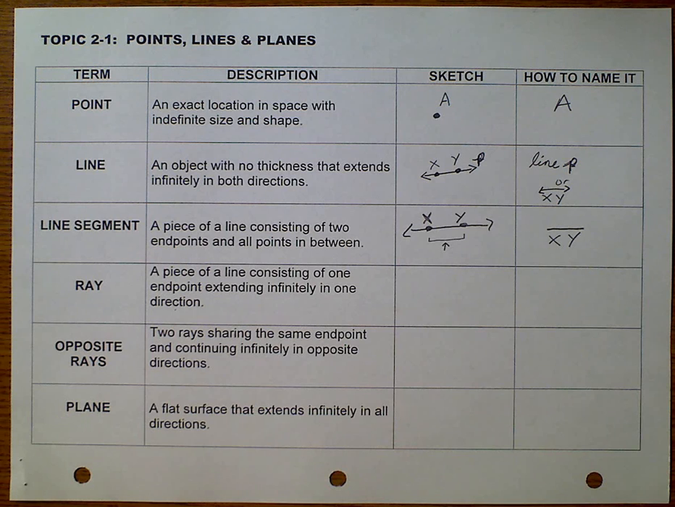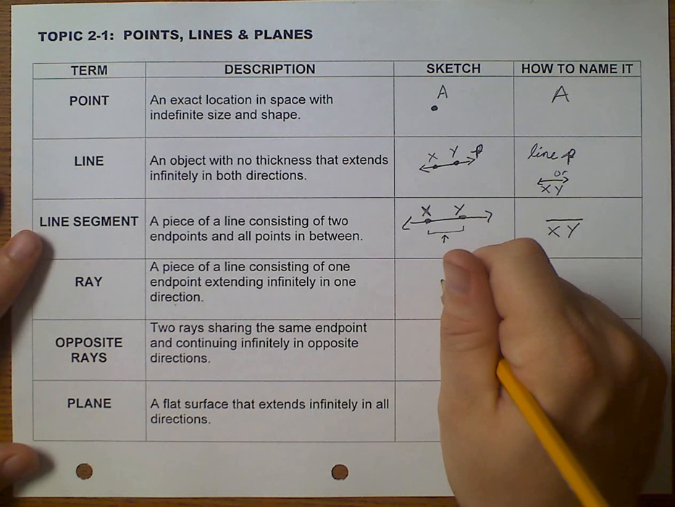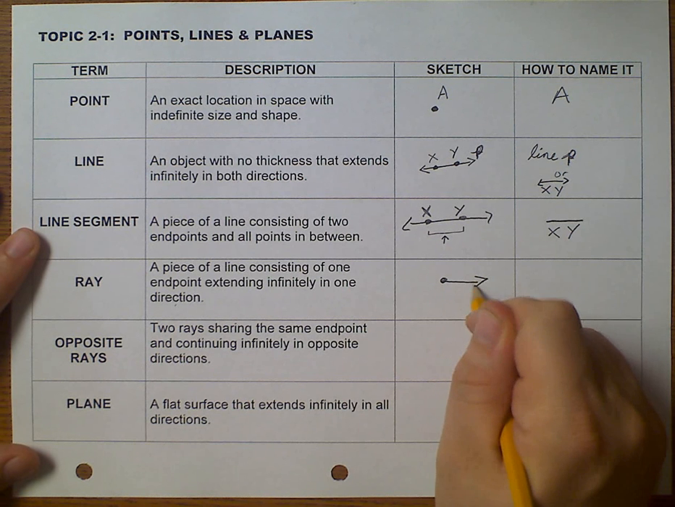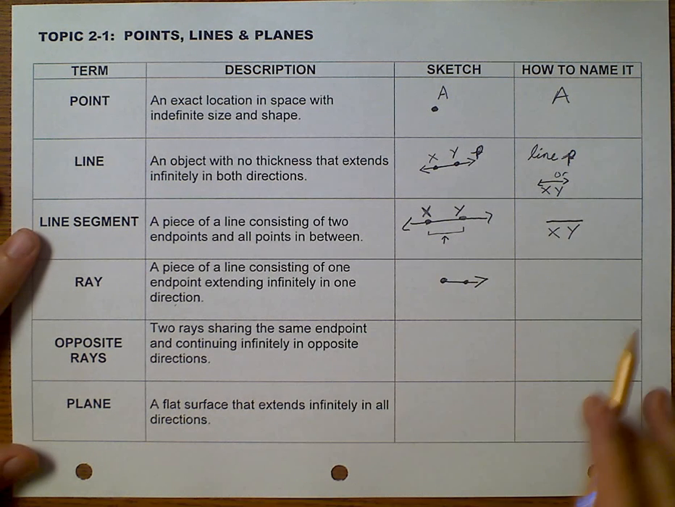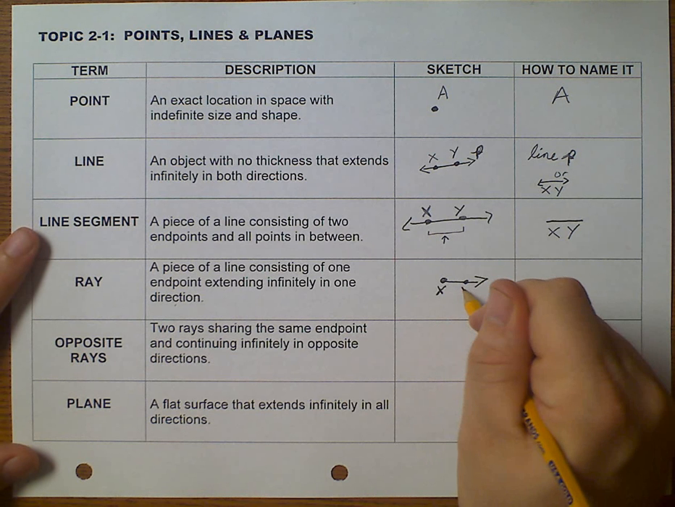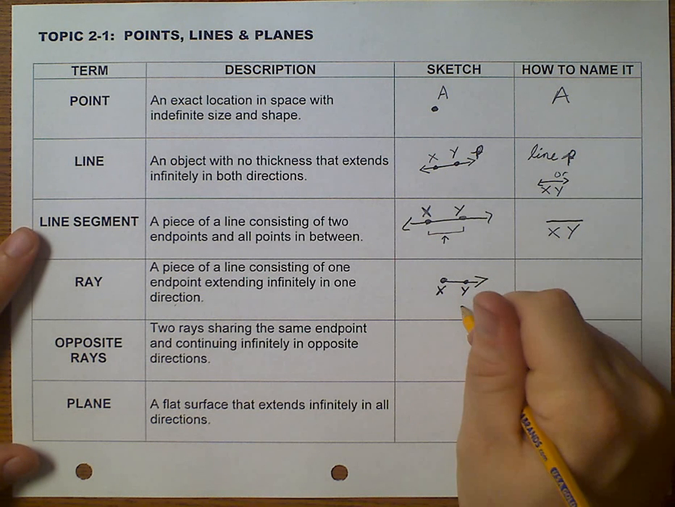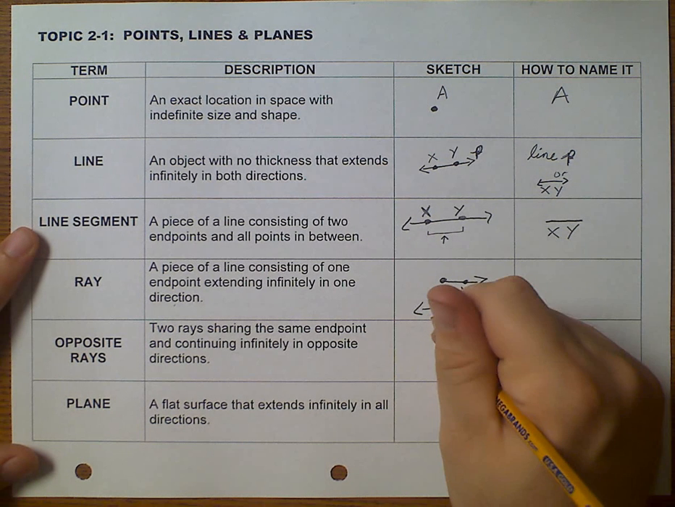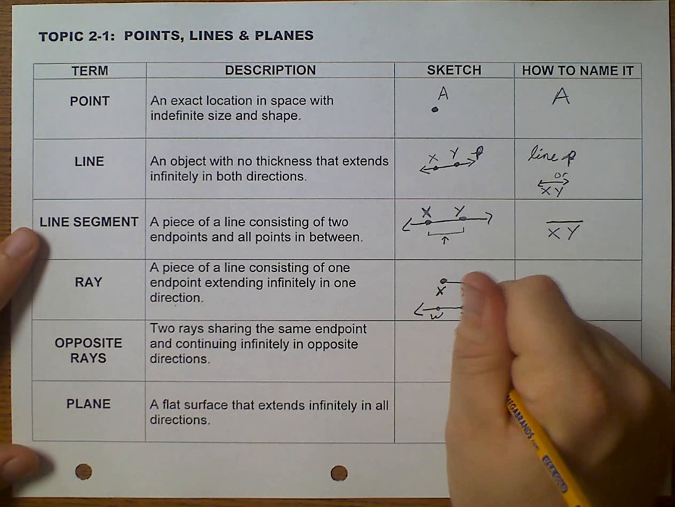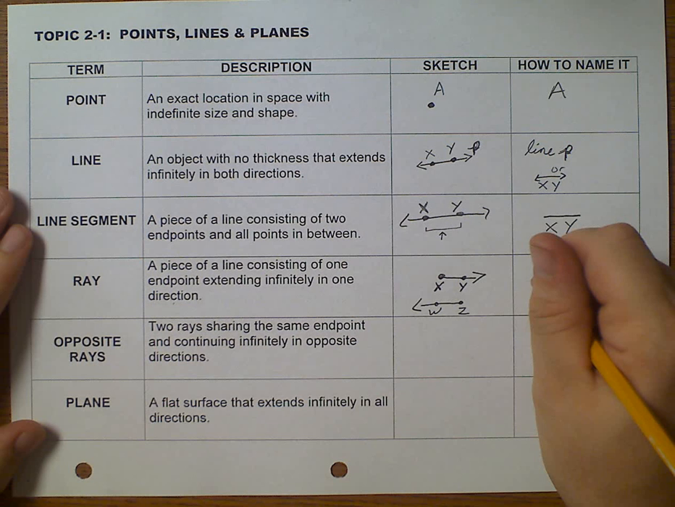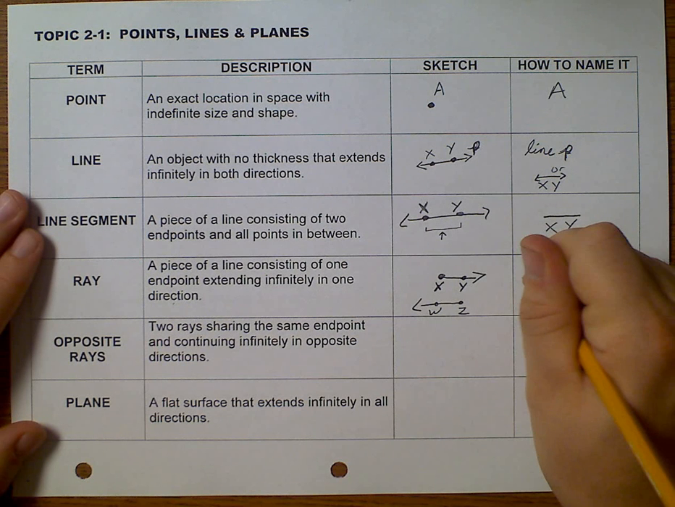Now let's talk about a ray. A ray means we have one point and we go in one direction. It's a part of the line, but it's only one half of the line. So we can call that X, Y, and we're going to do another one. I'm going to go ahead and make it go this way and call this W and Z. Now the way we name this is we'll do X, Y, and we do an arrow on